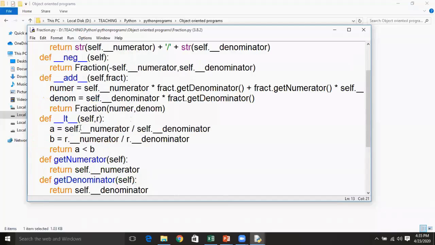By using them, you calculate a floating point value by performing the division operation on the numerator and denominator.